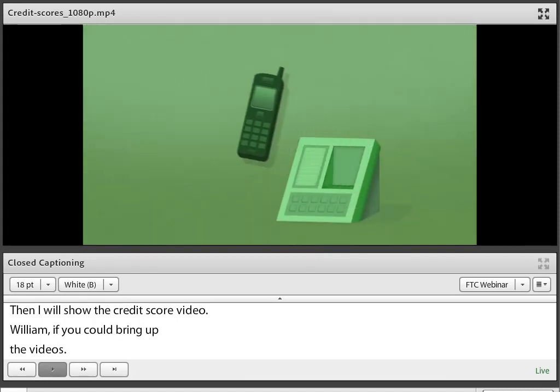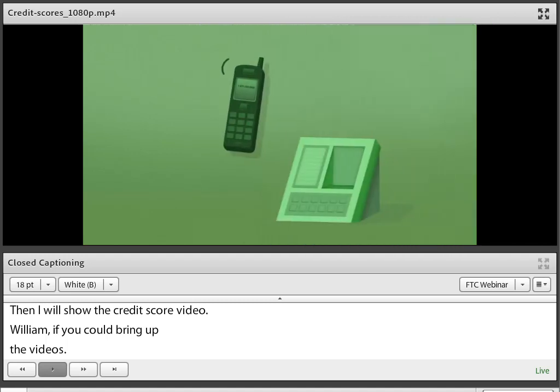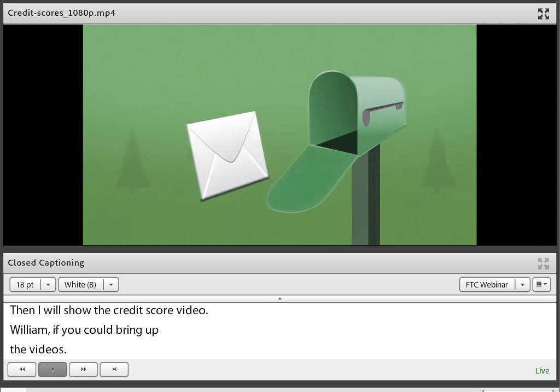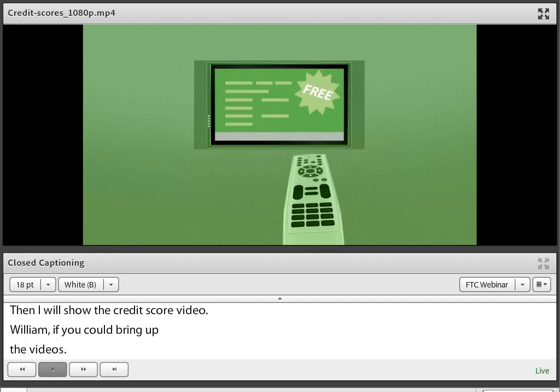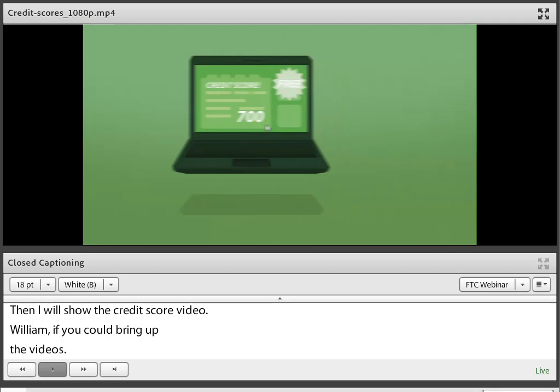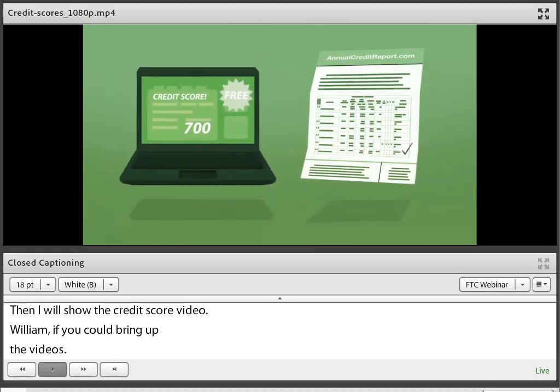One day, Laura called the number for annualcreditreport.com. She wanted to check her credit, and she knew their credit reports were really free. 2 weeks later, Laura got her free report in the mail. That same day, her husband Tony saw an ad for a free credit score. He went online to get his free score. He thought it was cool to know his number. He figured it would tell him whether he had good or bad credit. But Laura was happy to know that the information in her report was right, and that it said she paid her bills on time. Tony still thought he got the better deal.